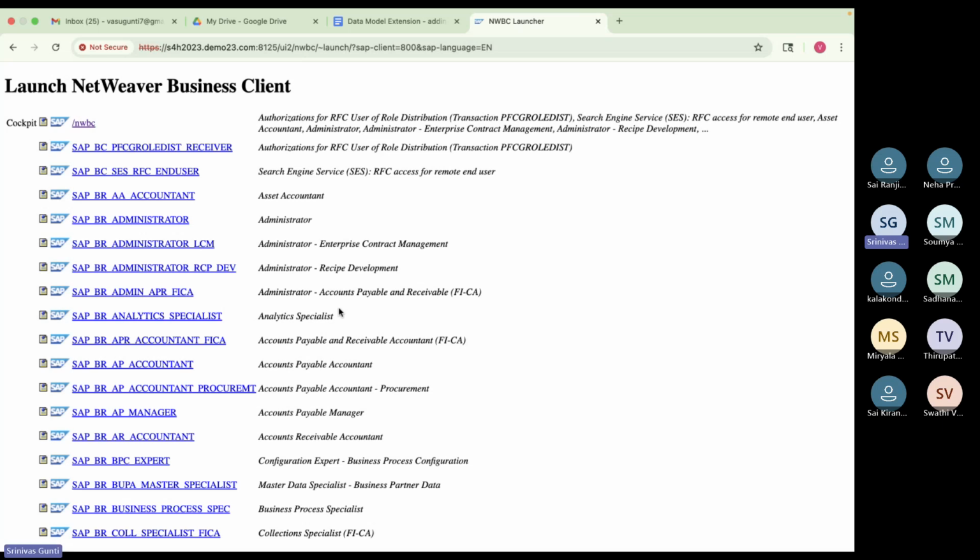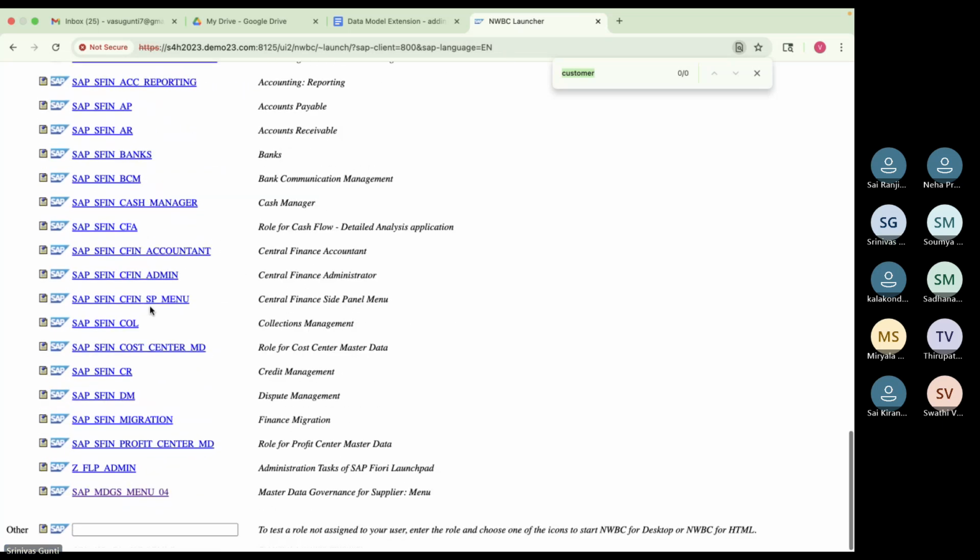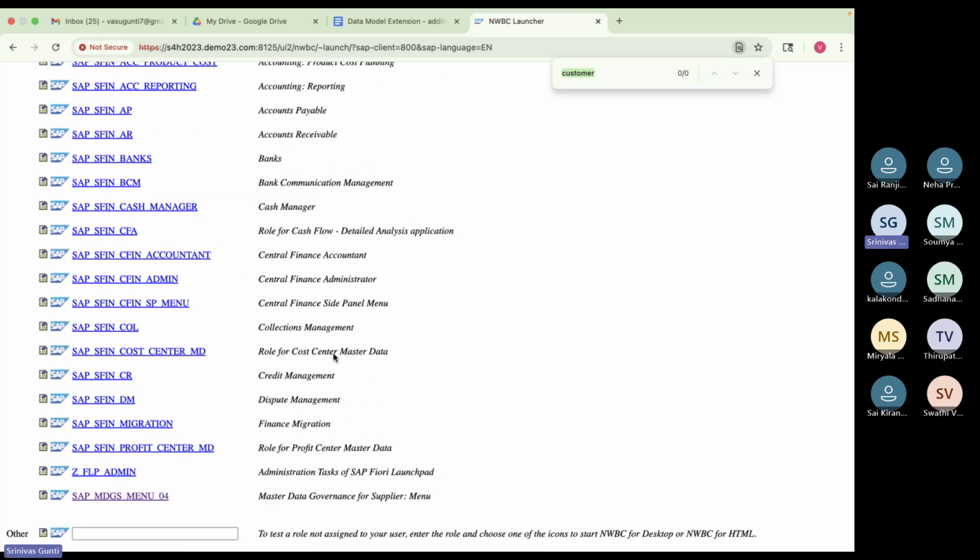Yeah, I'm going to add this new entity type in the BP customer. So for that, we need to check whether the BP customer role is available or not. Just Command F customer. No, there is no role added to my user for the customer. So to add the customer role,